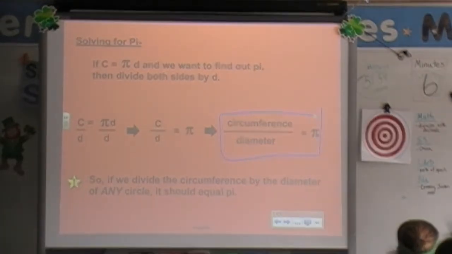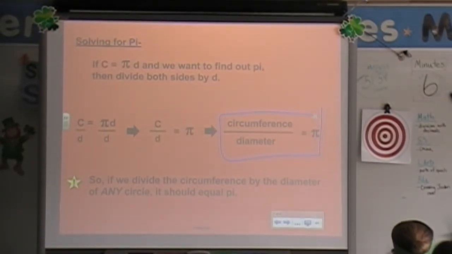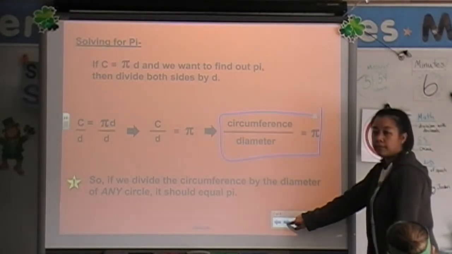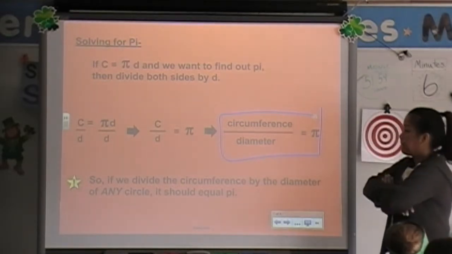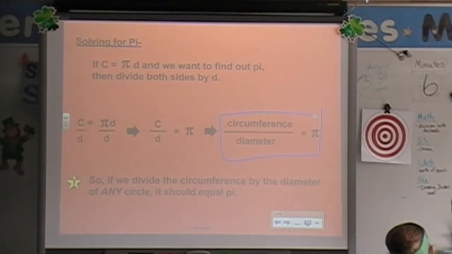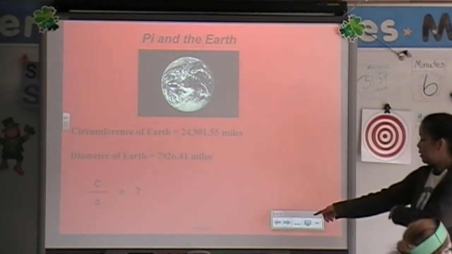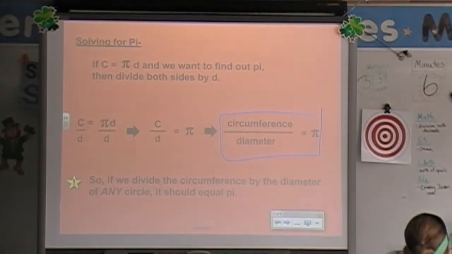Pi squared. Square pi. Get it? What's the square root of pi? What's the square root of negative 1? Okay. Oh, it's pi. Instead of drawing, I know pi is a symbol, right. Could you write